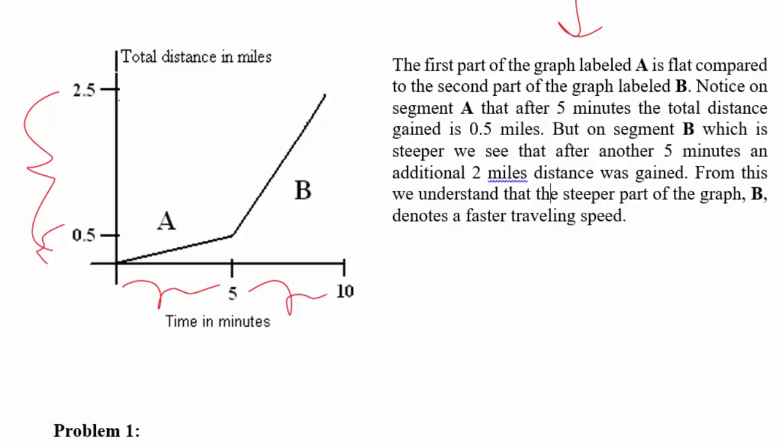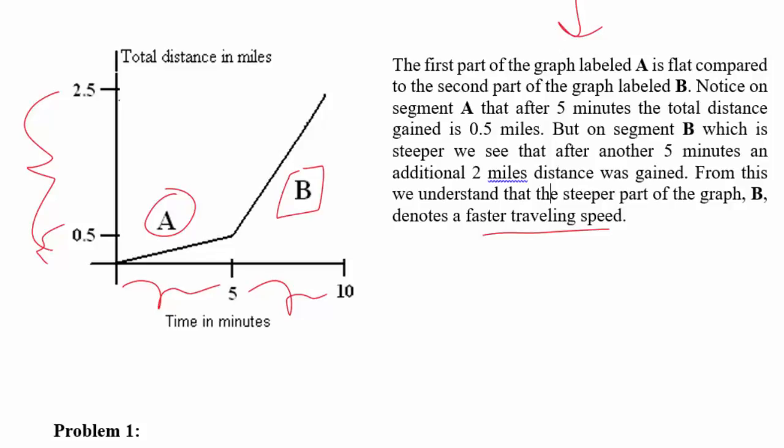So I guess what we're really trying to say is the steeper the curve, the greater the rate. In this case, we're talking about the rate of speed, right? So at segment A, it's less steep than segment B. So I think my rate of speed at segment B is going to be greater than my rate of speed at segment A,